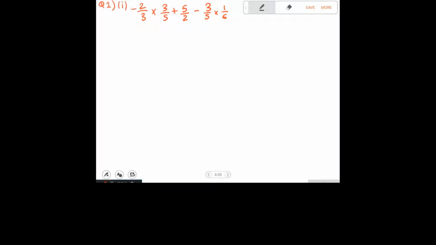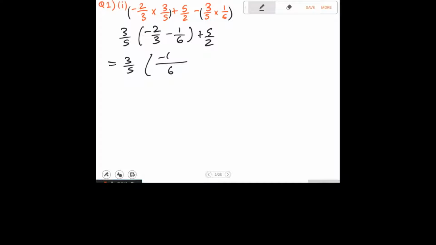So we can divide the question, or we can say grouping, because we can take 3 by 5 common. So we can take 3 by 5 common here, minus 2 by 3, and here the minus will go to 1 by 6, so it will be minus 1 by 6, and the plus 5 by 2 here, which equals 3 by 5, and we can take the denominator over here as 6, minus 4 minus 1 plus 5 by 2, which equals 3 by 5 into minus 5 by 6 plus 5 by 2,